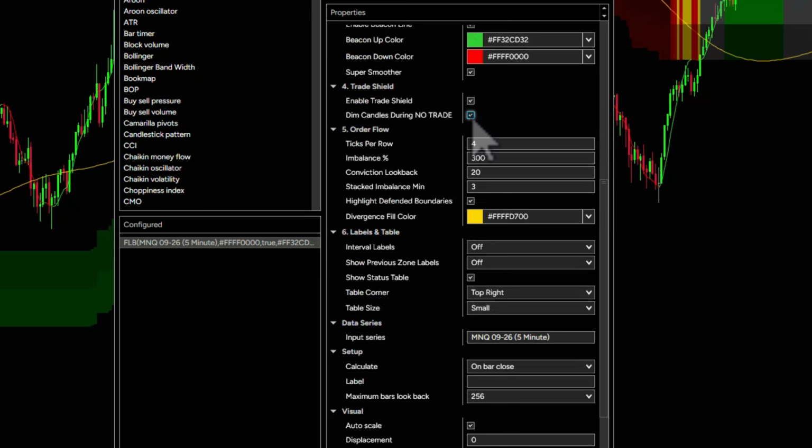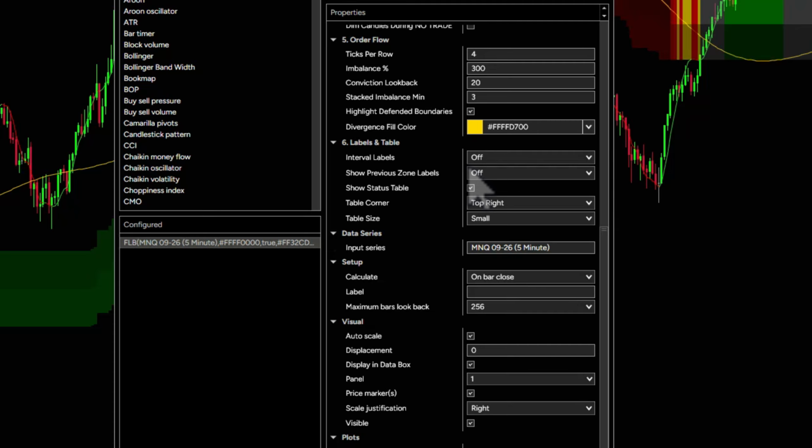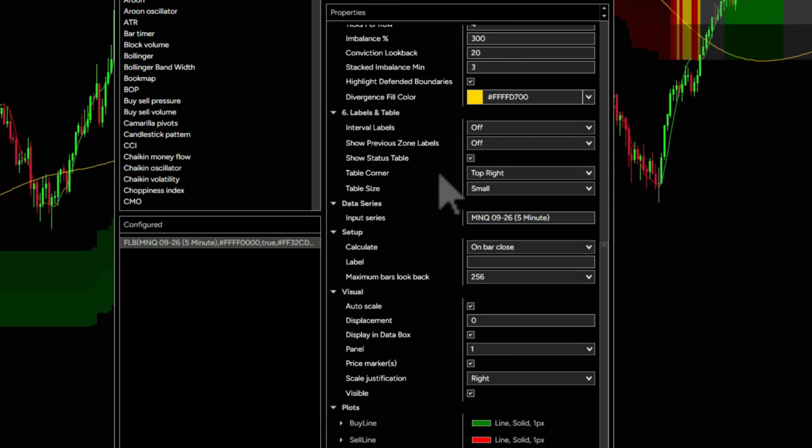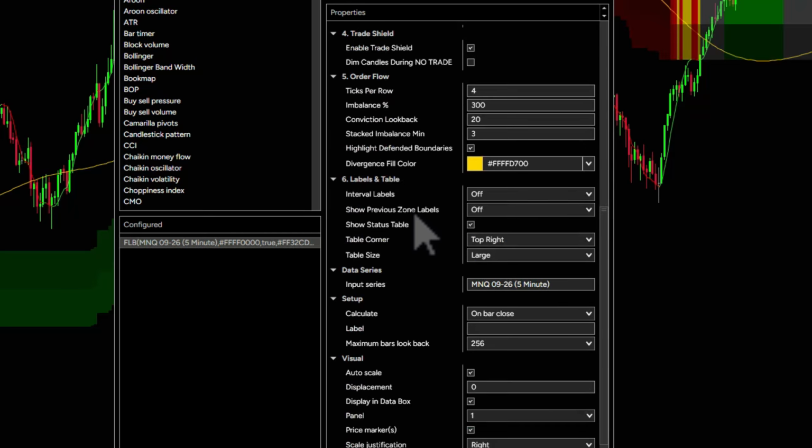There's a dim mode. You can dim the candles if we're not in a mode to trade. And then the order flow settings right here, default is fine. You can mess with it if you know kind of what you're doing, but default works just fine. Labels will show you interval labels or previous zones. The status table up here tells you what zone you're actually on, top right. And then you can set the size for the table. So it tells you right there, current zone 1 day. And that is pretty much it for